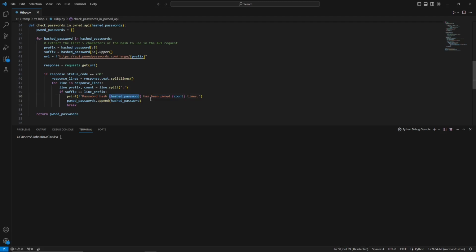Here's the hashed password, it has been pwned this amount of times. And then what I usually do, not in this case since it's just a simple script, is return a list so we could use this in a different function or whatever the case may be. But this is really what we're going after right here, just to get a simple list and see if our password has been pwned. So let's go ahead, and now if we execute this,